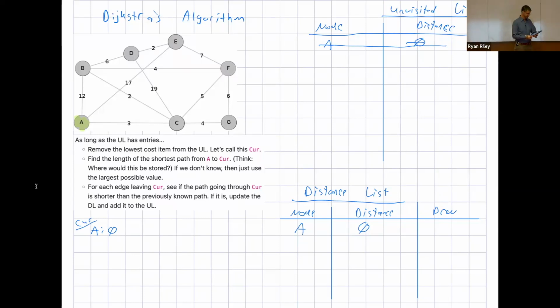Find the shortest path from A to cur. Well, that's in my distance list down there. The shortest path I know is 0, so I wrote that down. Node A is my current node, and the shortest path to A is 0. Great. Third bullet point: for each edge leaving the current node, in that case that's A, see if the path